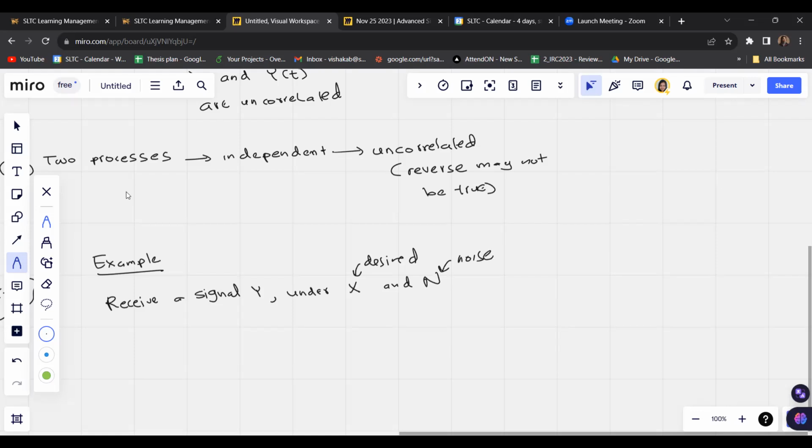This can be represented as y equals x plus n,